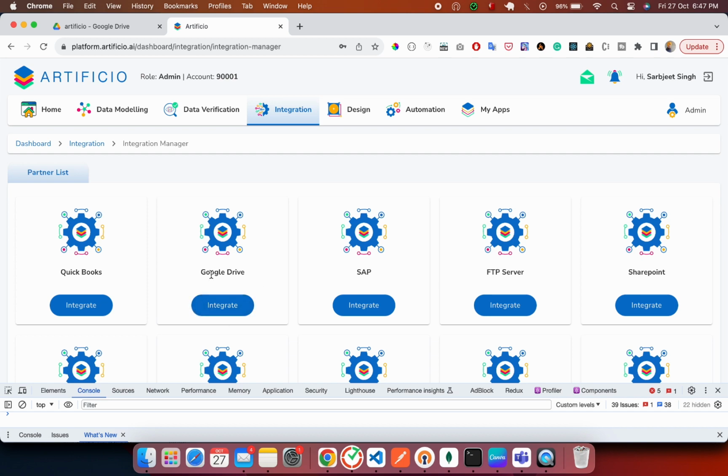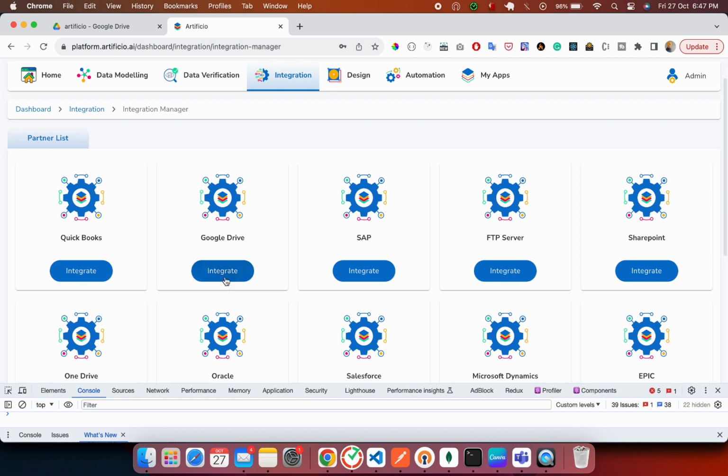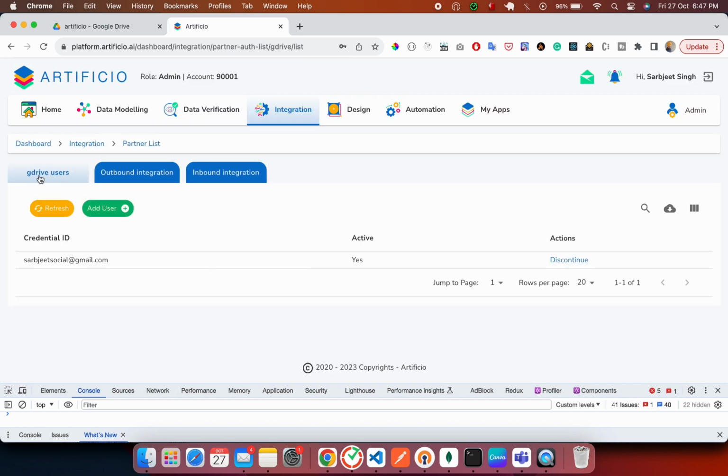We'll go to Google Drive option here and then click integrate, and then we have a list of Google Drive users and outbound integration and inbound integration. Let's connect with the Google, and when we add user